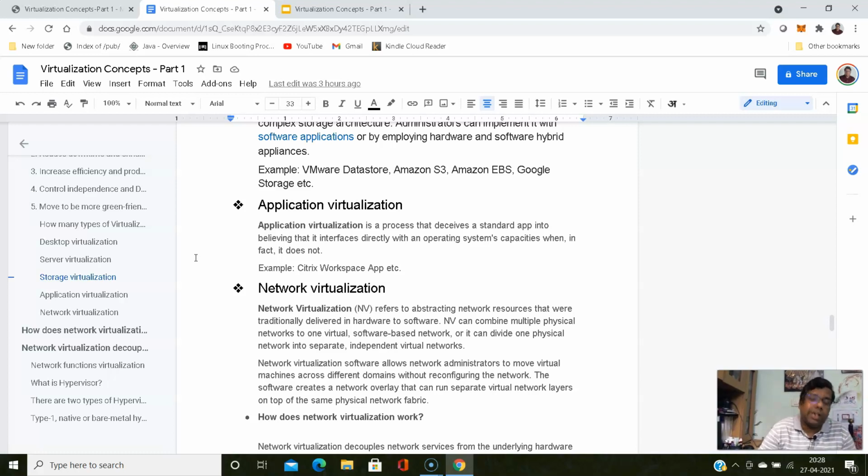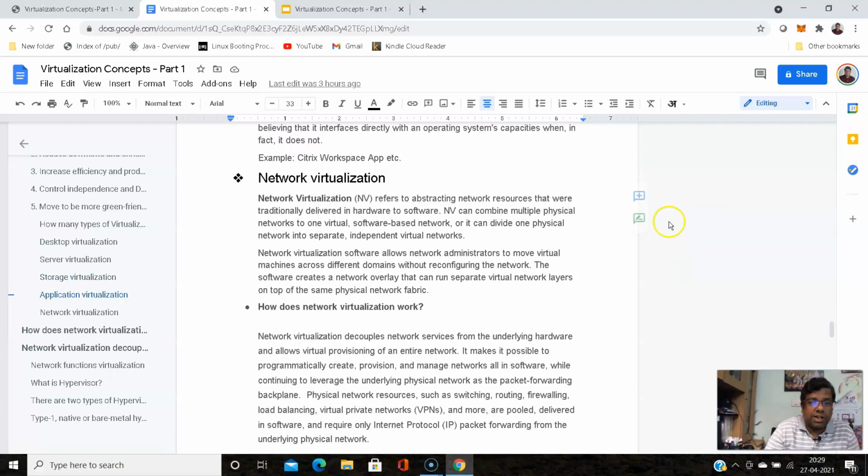You access a portal. That portal provides you application components as a web interface, and from there you can access them, just like in Citrix Workspace. If you use Citrix Workspace, it provides you a web interface that provides you applications like remote desktop. It provides you applications like Word, Excel, PowerPoint, any of the applications you can use. So that's an example of application virtualization.